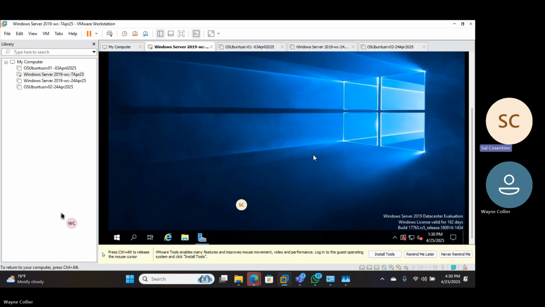So what we need to do is enable something on our hypervisor, which enables features and improves our mouse movement, our video, and our performance. Now, in order to do so, logged into our guest operating system, we need to click on install tools. So how do we do that? If you go here, right click here